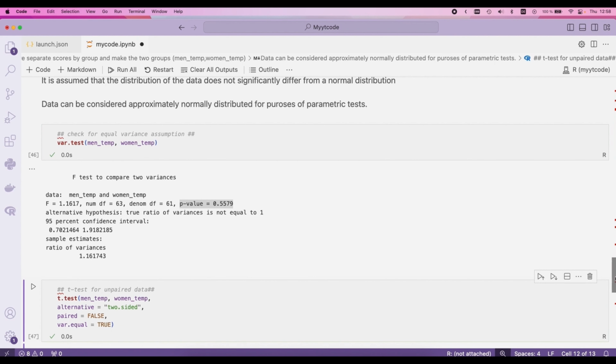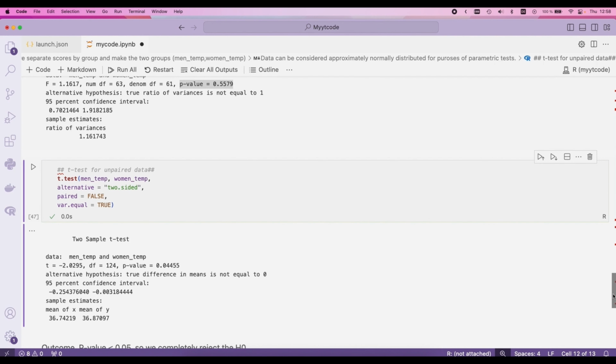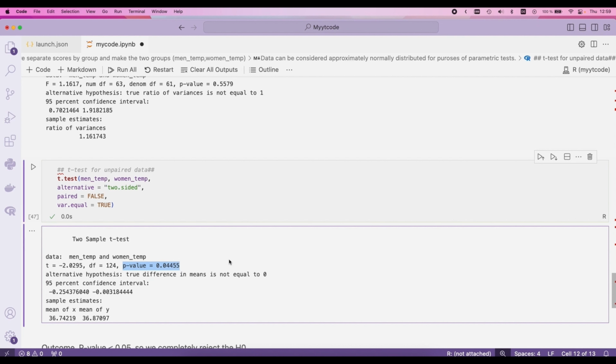and it gives us really nice information about the two-sample t-test. We can see here we got quite a bit of output appearing now, and here we highlighted the t-value or t-statistic as minus 2.095. An important thing for reporting the results of our t-test is to report the degrees of freedom, which is 124. And really important here is our p-value, which is 0.04, that is slightly less than our alpha value